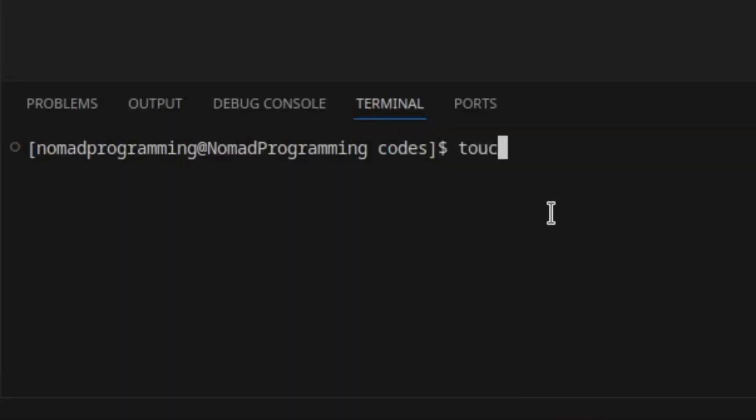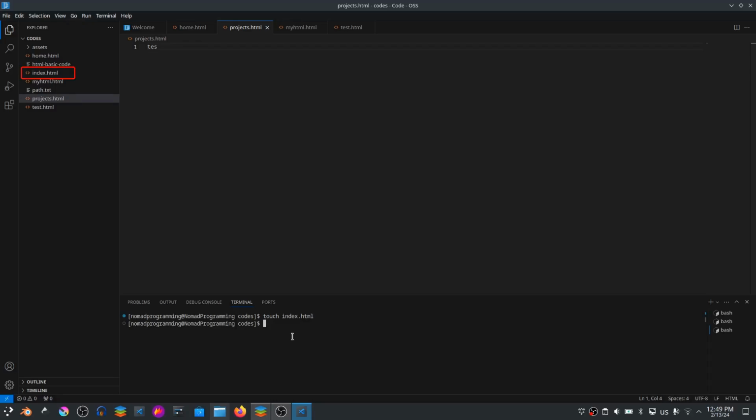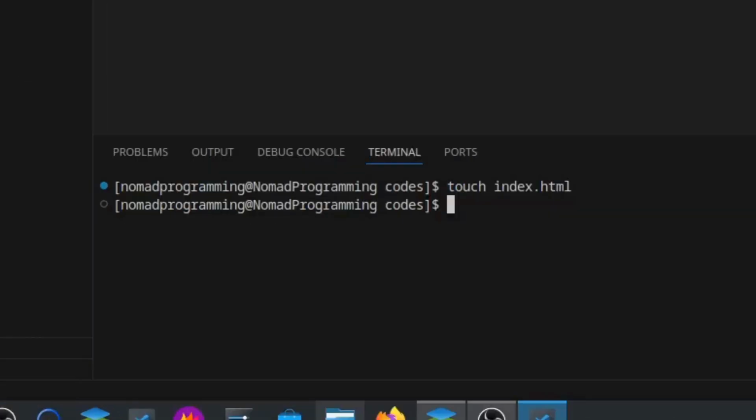Touch, the name of the file, index.html, and now hit Enter. You can see over here the new file that we just created, index.html, just appeared on the Explorer panel. So to edit on that file that we just created,